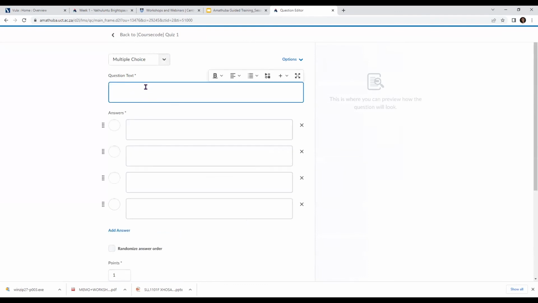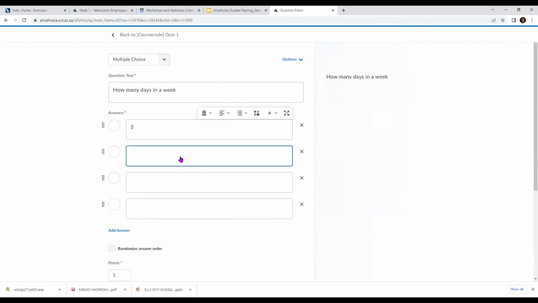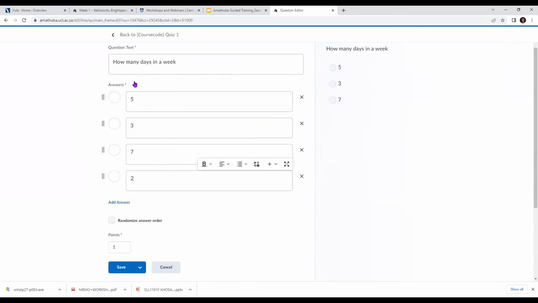So to add your multiple choice question, say for example, you want to ask, how many days in a week? Maybe 5, 3, maybe 7, 2. So you would be able to have those multiple choice options, and you can also add